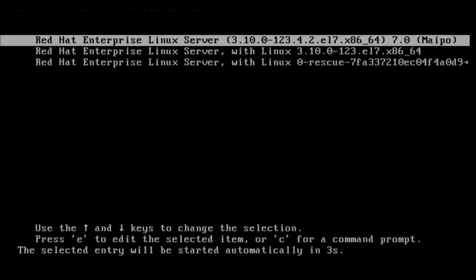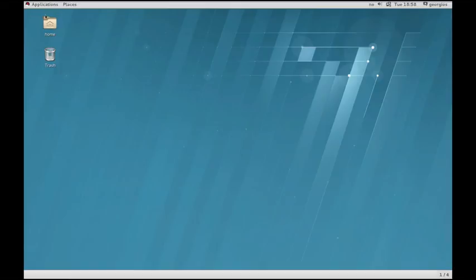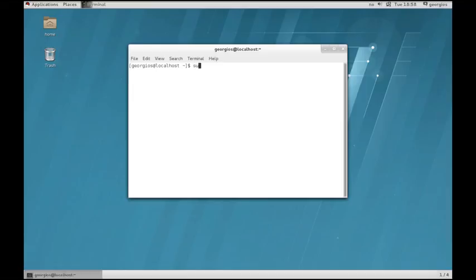That gets us back to the GRUB2 screen, and then we'll load the latest kernel. And of course the system has booted, and we don't see a graphical display manager anymore. So if we want to reach back to the graphical user environment, we have to start it manually. So let me log in again and then do a startx. And there we go. This is where we were before. So let's go back to a terminal. sudo -i, my password,